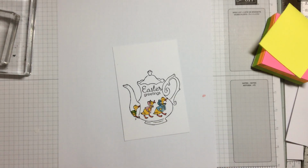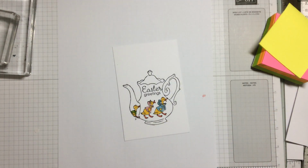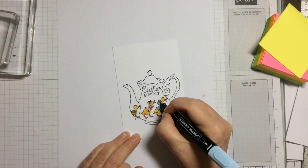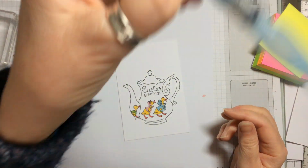And then I'm going to do the pale for the inside of his hat, because you do need to have just a little bit of definition between the two. So as I say, choose whatever colours you want, but that just adds a little bit of definition in there. Okay, so I've done that with the blends, but now I'm going to use my Aqua Painter,